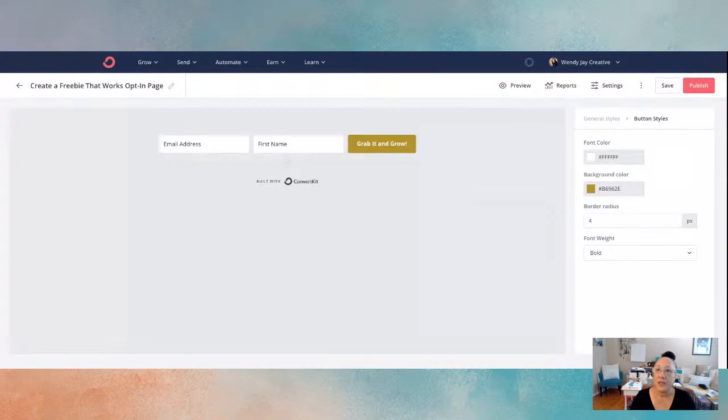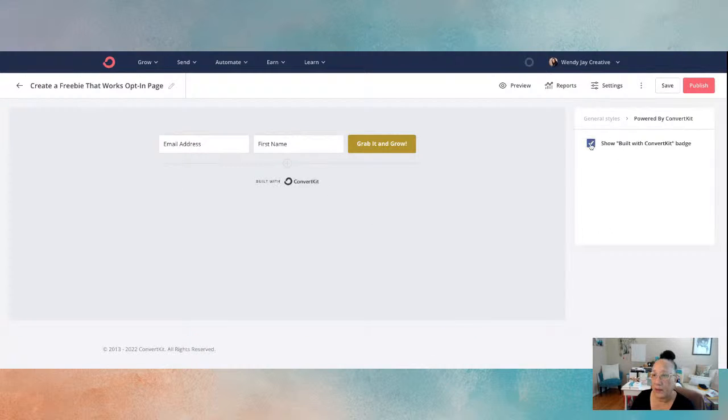Awesome. All right. So on this form that I've created in my ConvertKit, I called it the Creative Freebie That Works opt-in page. Somewhere in your email service provider, when you create a form, you can grab the code to embed this into your web page on your website. And the way you do that is you go to Publish in ConvertKit. So if you're using MailChimp or ActiveCampaign, somewhere in there should be a place for you to grab